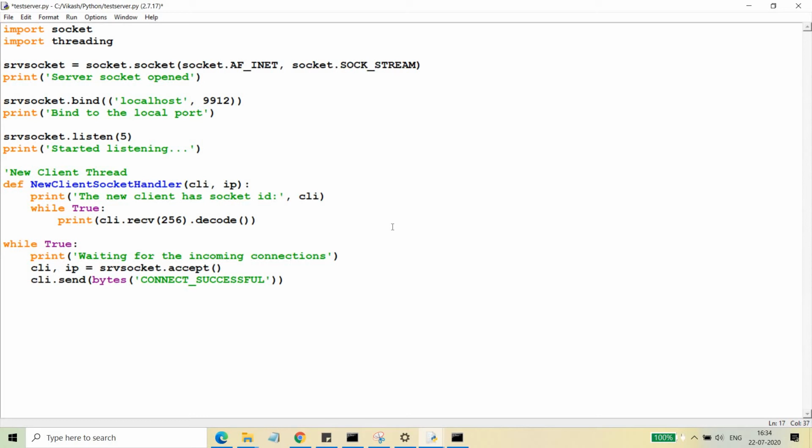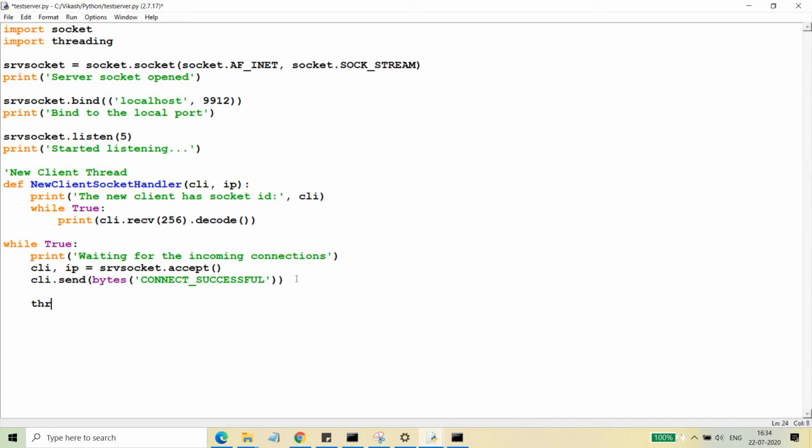Because everything will be sent as bytes, so you need to decode it into the normal string form, so you will get it here. Okay, so that's it. You will be able to get the messages as soon as any connected client sends a message, and they will be printed here, right? So this is our server part, but before I close this server part,